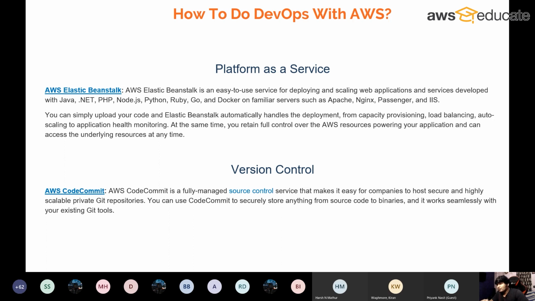Let me see any other questions. Do you know what specific technologies are below CloudFormation? Is Carlos saying, do you know what specific technology is below CloudFormation? Now, CloudFormation is just, think of it as a tool that you can